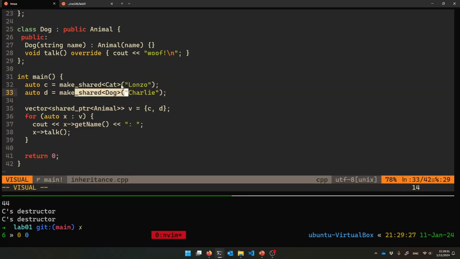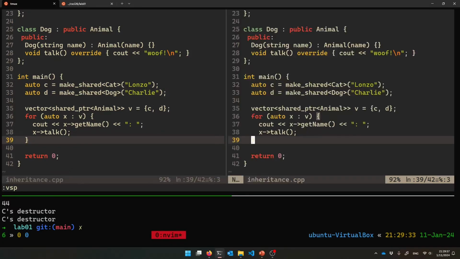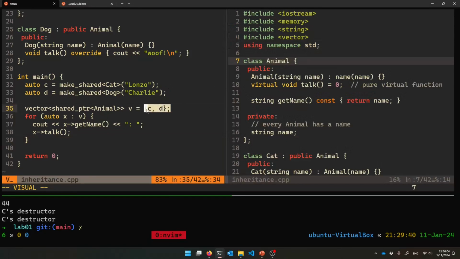We're going to make some shared pointers. Shared pointer to a cat on the heap, shared pointer to a dog on the heap. And remember, the beauty of inheritance is that you can treat things like their base class. So cats and dogs, you can put them together as long as you treat them like the thing they have in common. You can treat them as pointers to animal rather than just pointers to cats or dogs. So you can put them in a vector together, a vector of animal pointers, C and D,